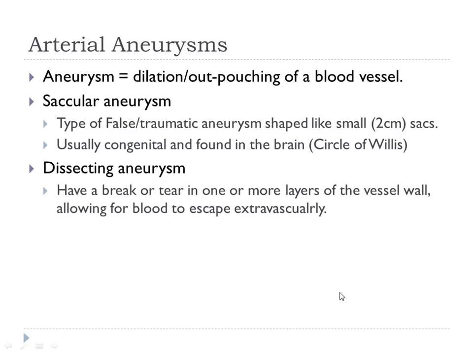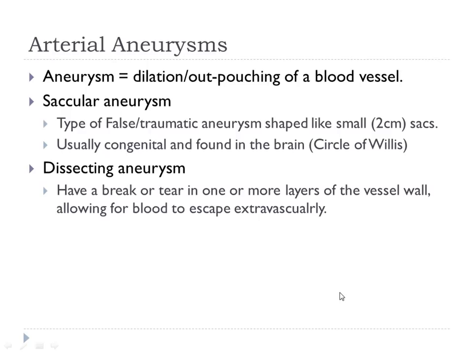Some types of aneurysms are like an outpouching of the vessel wall, the entire vessel wall. So you can think of it that way. If you take a plastic bag, like a grocery bag, you stick your finger in it and it pokes out. That's an aneurysm of your plastic bag. It's an outpouched, weakened area. There's two types of aneurysms that we talk about, and a saccular aneurysm is the type where it's truly outpouched. There's an area that has been poked out.